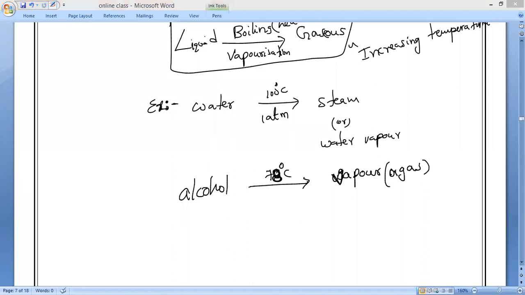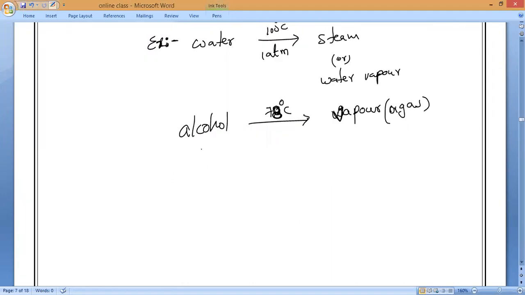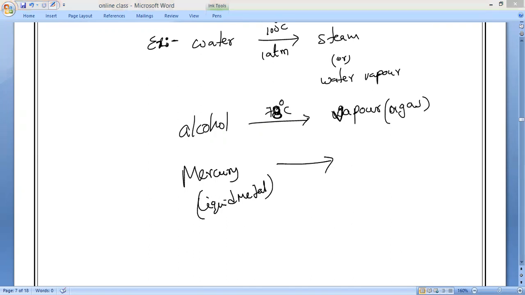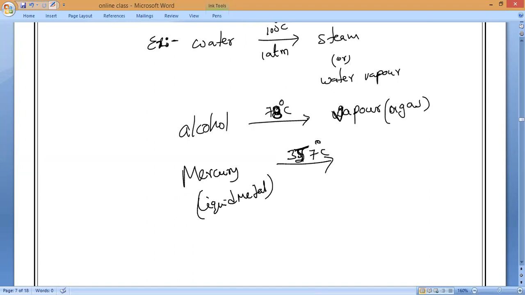Now you all know mercury. Mercury is liquid or solid? Mercury is also a liquid metal. If we take this one, it will convert into the gaseous state at around 357 degrees Celsius. Is it okay, everybody? Not all at 1 atm, Hari? Whatever I'm speaking, everything is at 1 atm. If pressure changes, then temperature will change, Hari. It will convert into vapors, gaseous mercury.